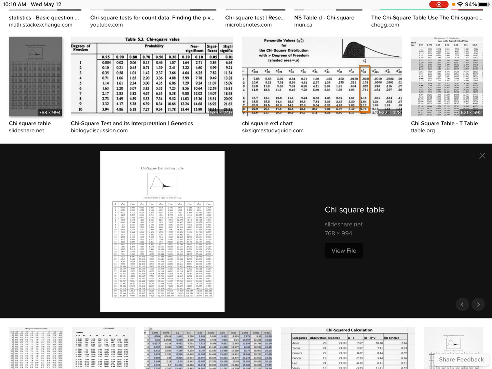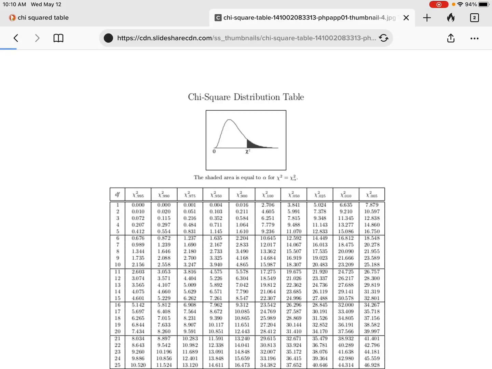Here we go. Let's see if this one opens up. All right, so now we are in column, the third column over, yeah? And you can see there at the bottom, it says 10.283